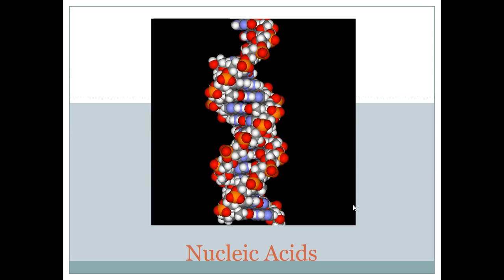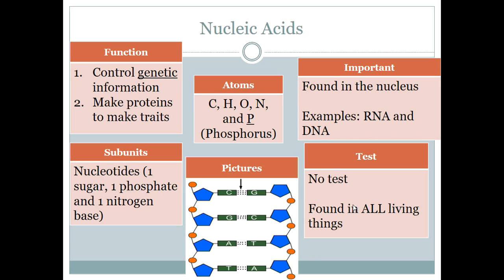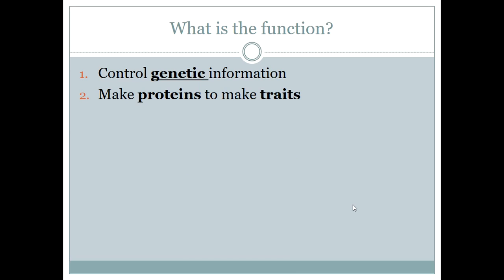So finally, we'll talk about nucleic acids. Nucleic acids are essentially our genetic material. They make up our genetic information and they help to make proteins to make traits. Our nucleic acids actually play a direct role in protein synthesis, or the actual making and building of proteins. And remember, we need our proteins in our body because they have so many functions that help us to